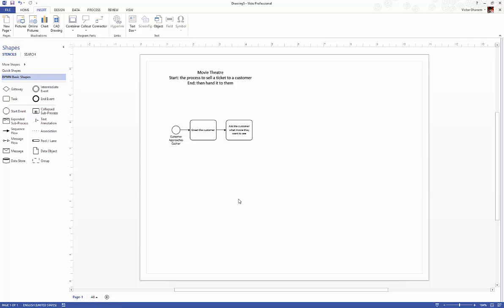And you might say, well, why does that really matter? Who cares about that? Let's just save some space on the page. Let's put them all underneath the same task shape. Well, as you start to get more advanced in process mapping, it becomes really important, because when you start to look at cost savings or optimization of your processes, you want to be able to determine the steps in your process. If I had those underneath one step, what we might not be able to look at is, well, greeting